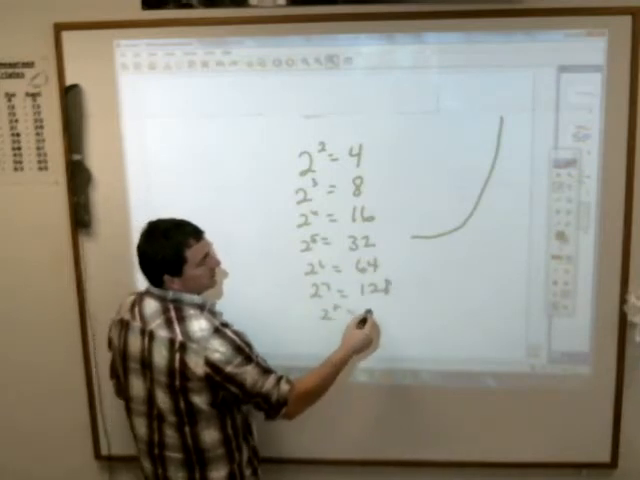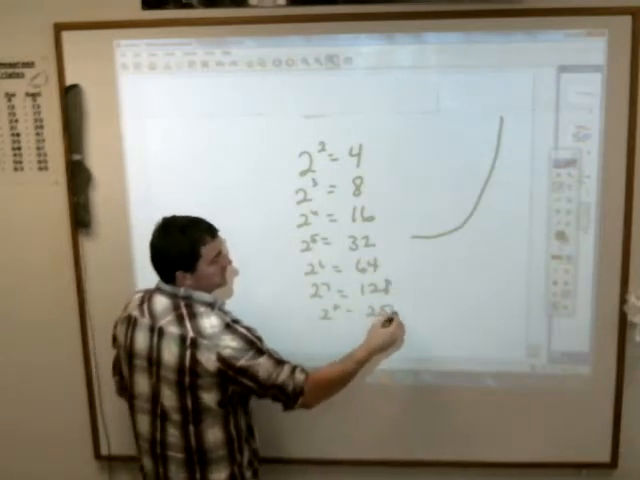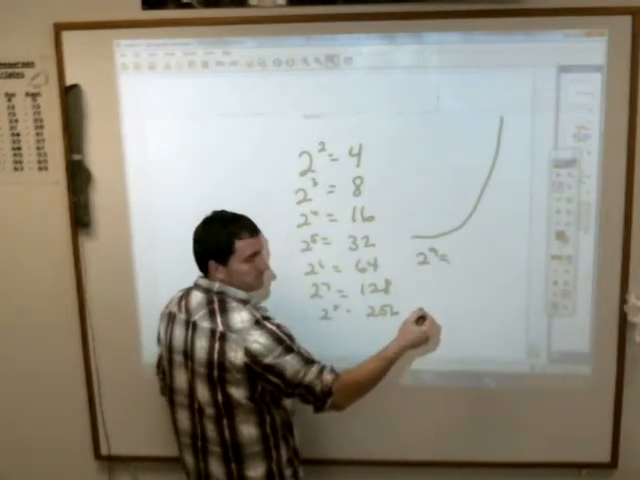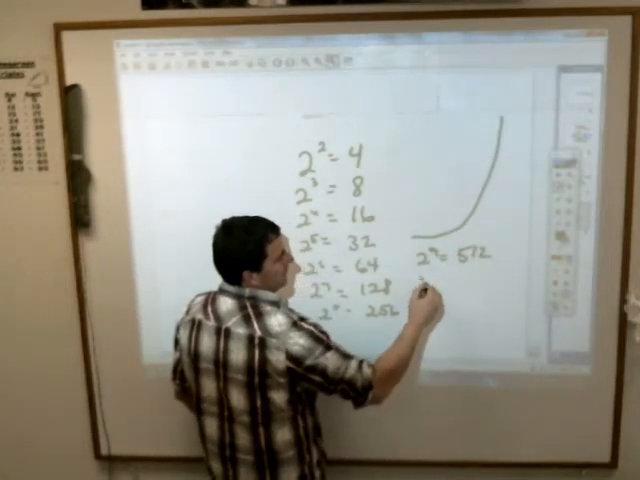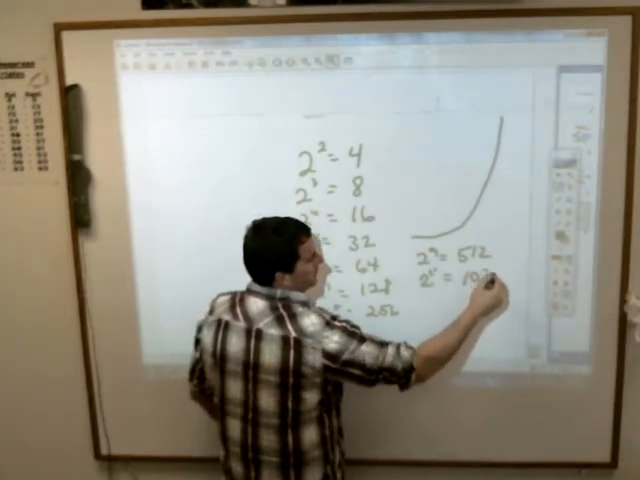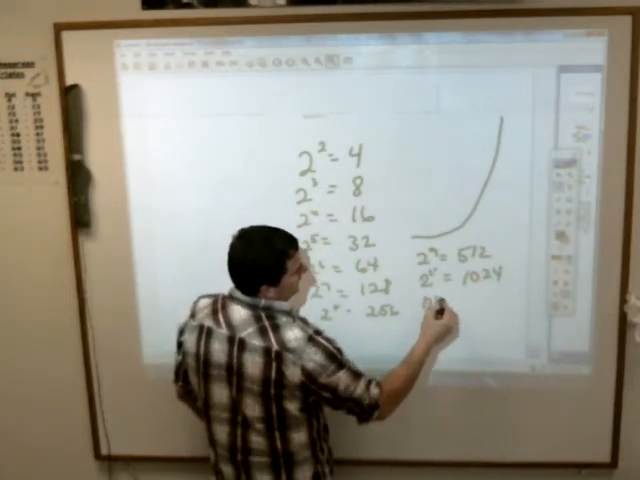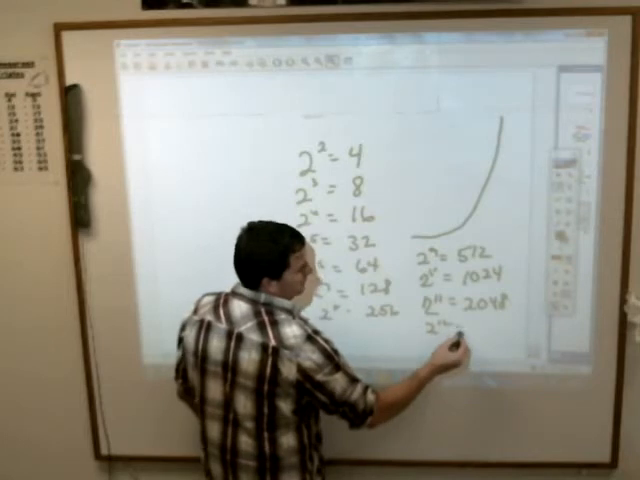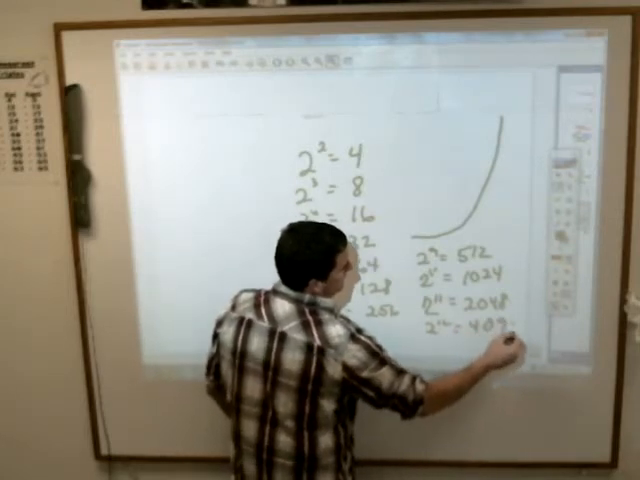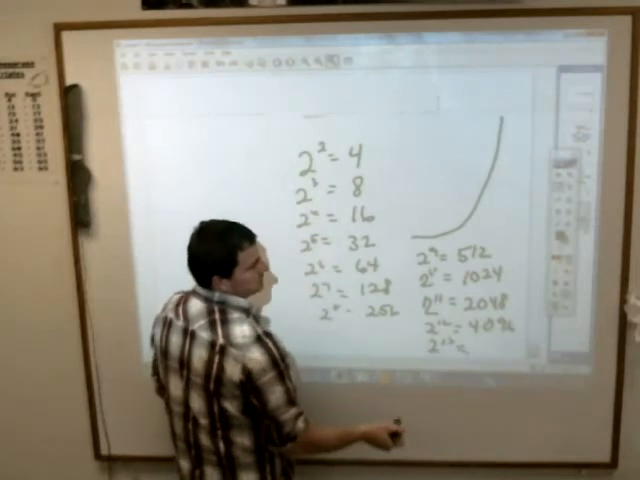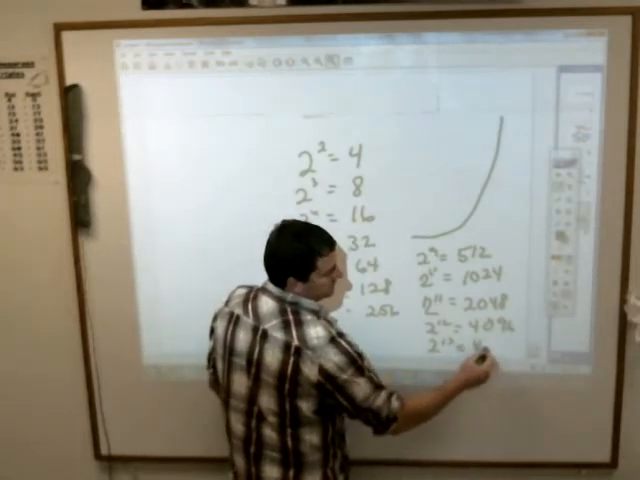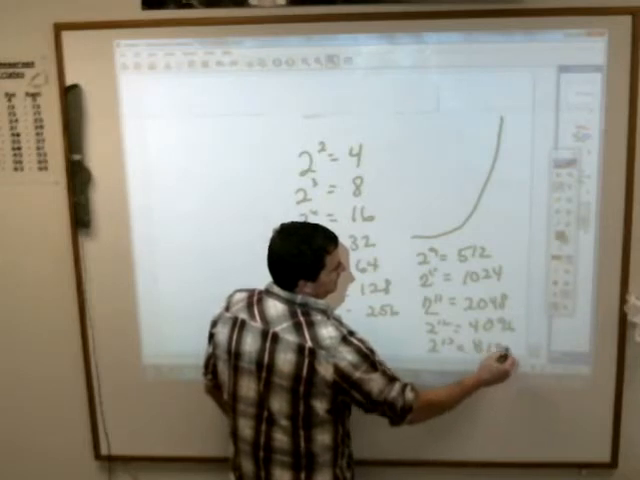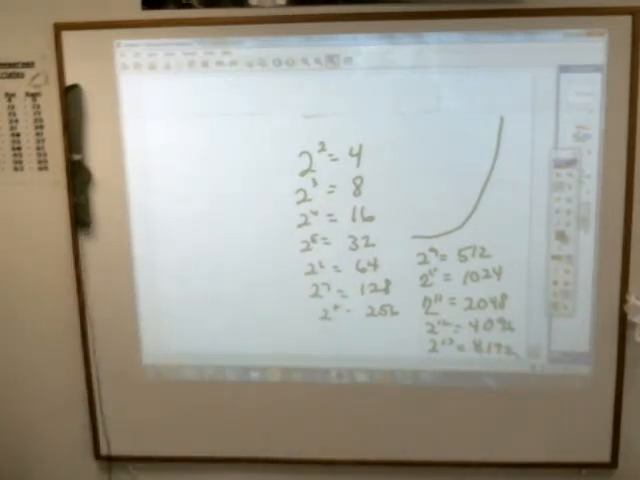2 to the eighth power, anybody? 256. 2 to the ninth power, 512. 2 to the 10th power, 1024. 2 to the 11th power, 2048. 2 to the 12th power, 4096. 2 to the 13th power, 8192. Okay, so when you hear exponential growth, what it means is things start kind of slowly growing, but